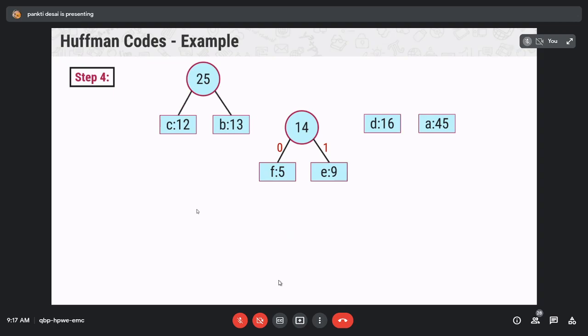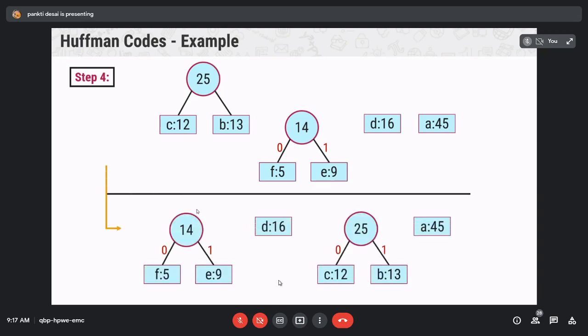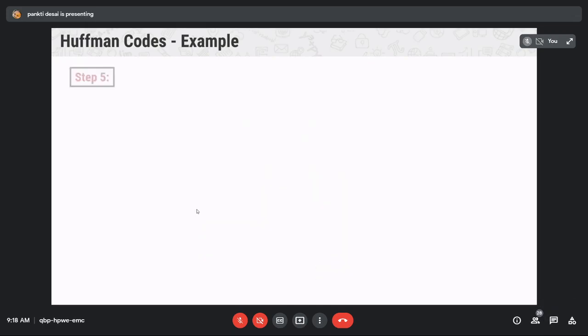Create left child and right child and assign 0 and 1, and rearrange the tree according to ascending order. All of you getting up to this point?